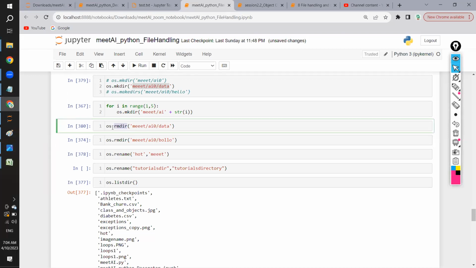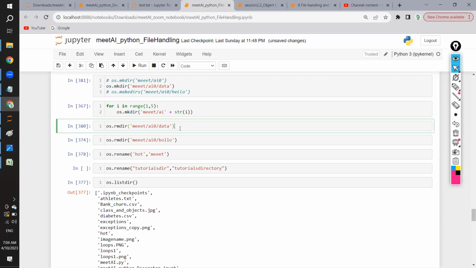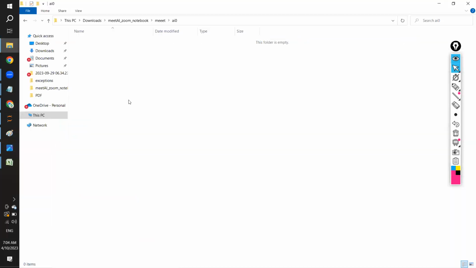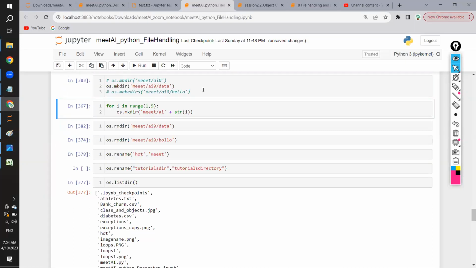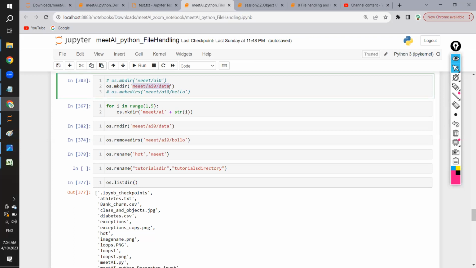So rmdir, dir means only a single, only one directory. It will delete whatever specific directory you have mentioned. As you can observe, if I run this, it will delete only that data. Now I'll create it again. But if I use remove dirs, remove directories, and if I say this,